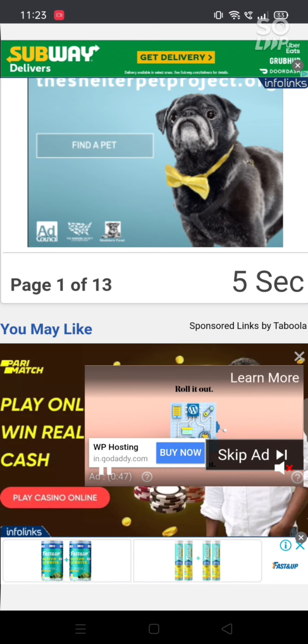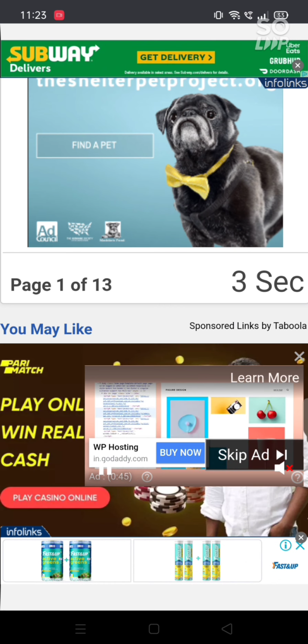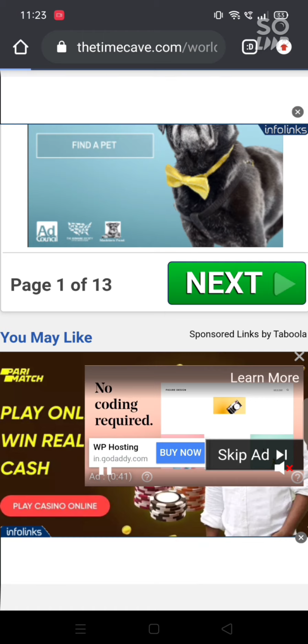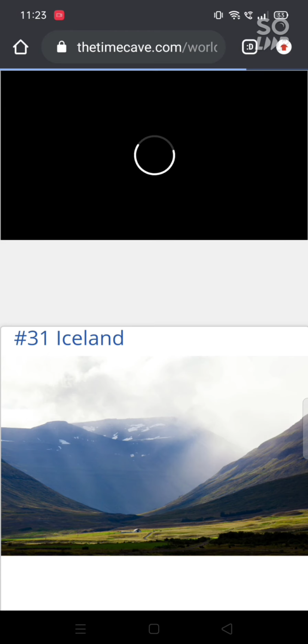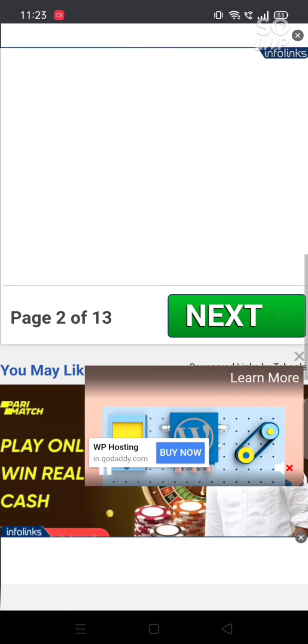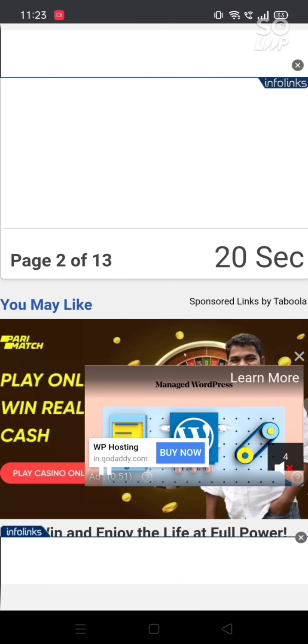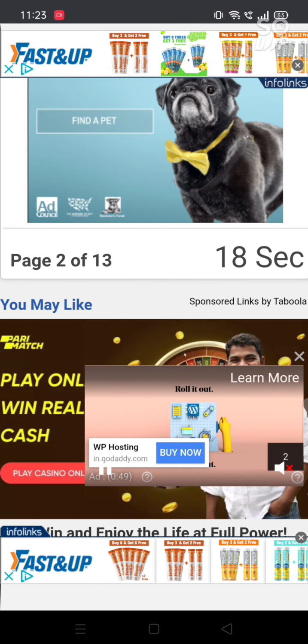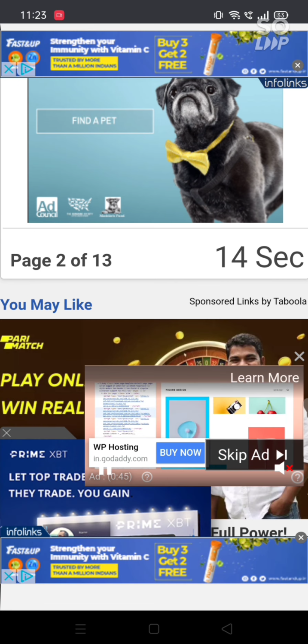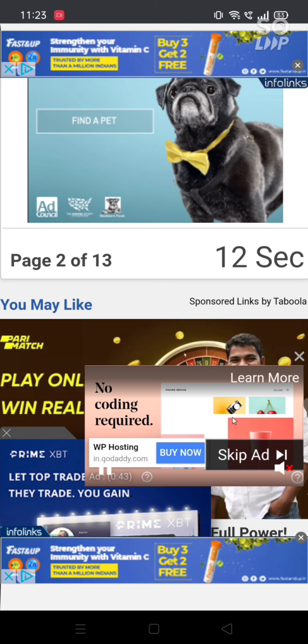Once this 20-second timer is completed, green next button will appear over here. You have to click on this next, and then you will be redirected to the next slide. Again, you have to wait for 20 seconds. Then the green next button will appear over here.